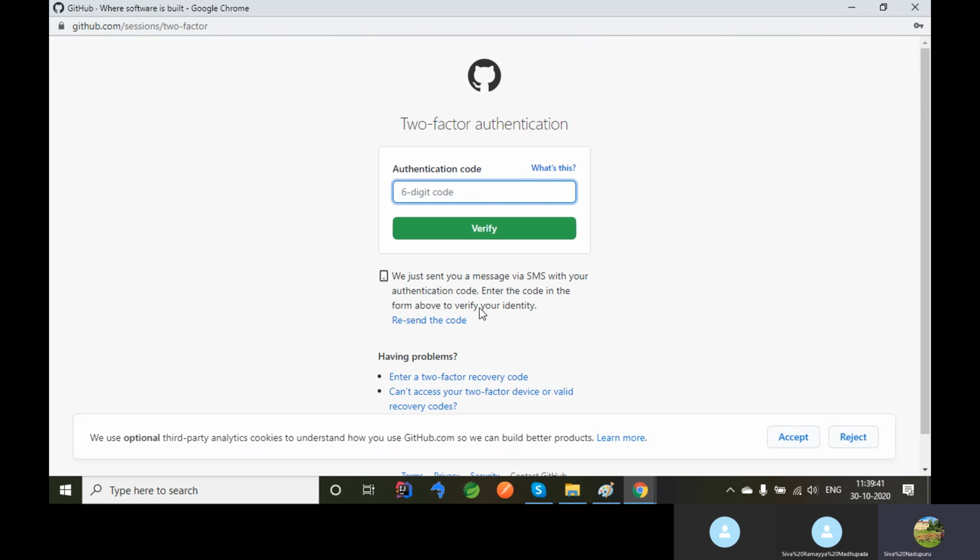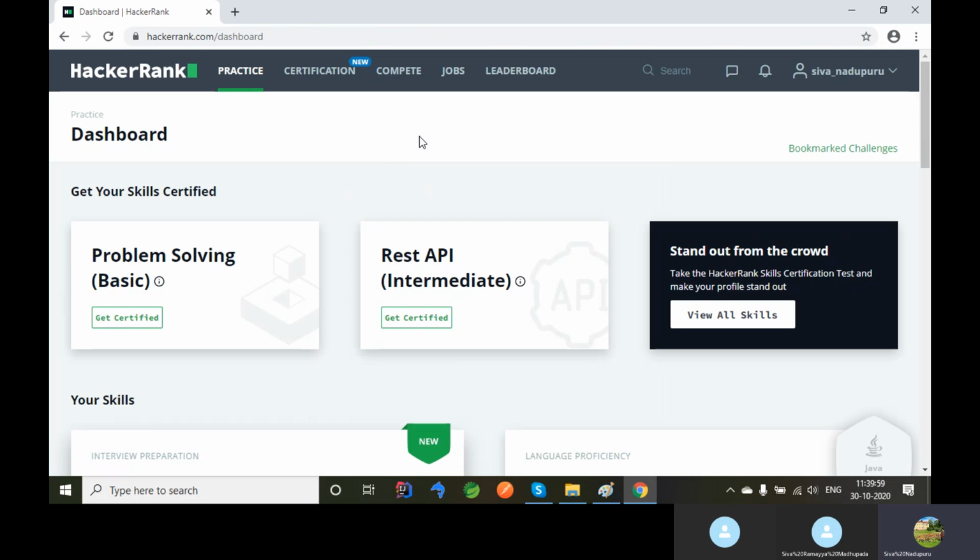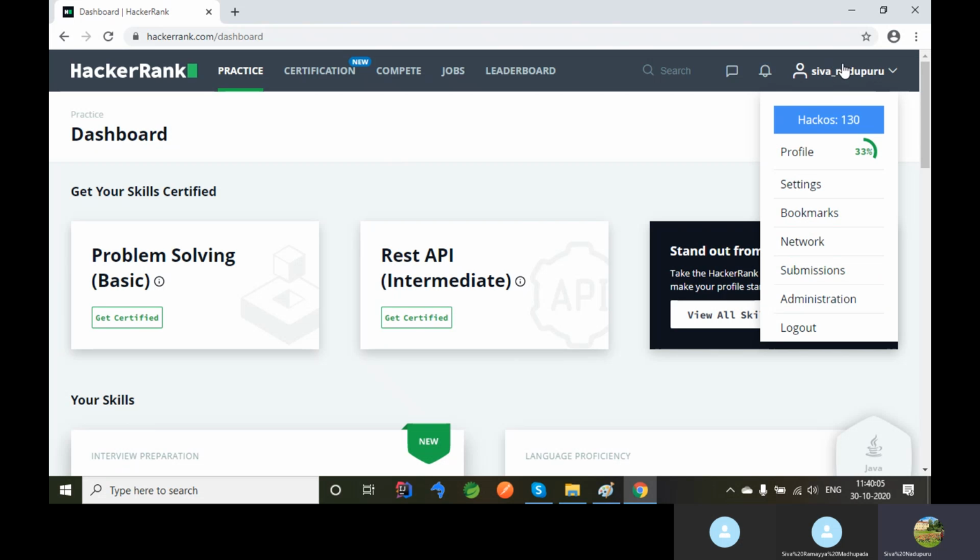I enabled two-factor authentication, so I need to enter the authentication code. Okay, if you click on verify, it went to GitHub. From there it took my user details, and with those user details it is logged into HackerRank